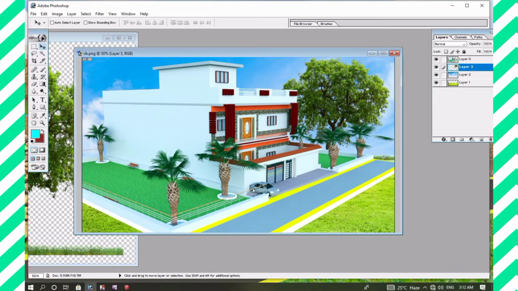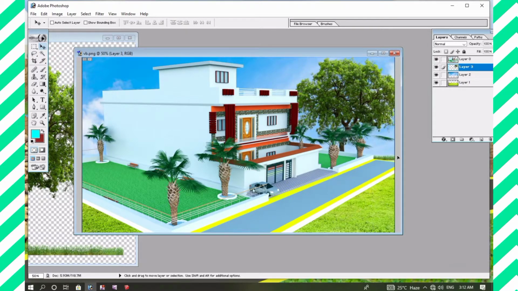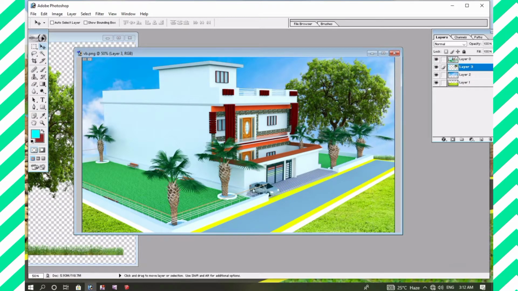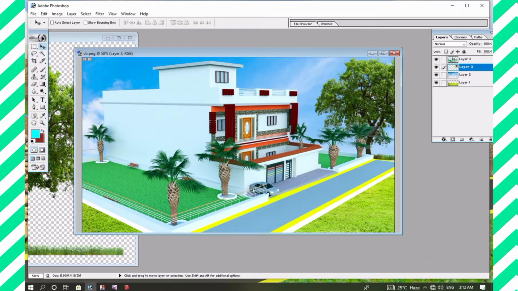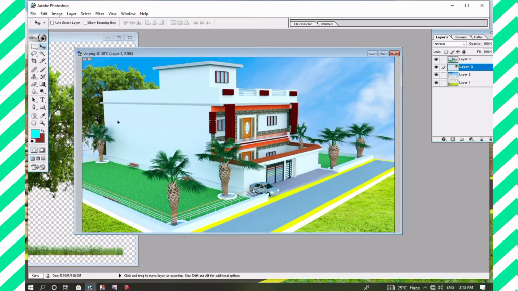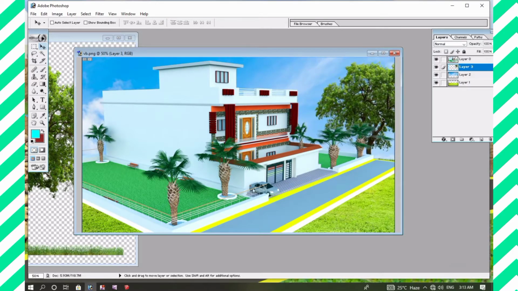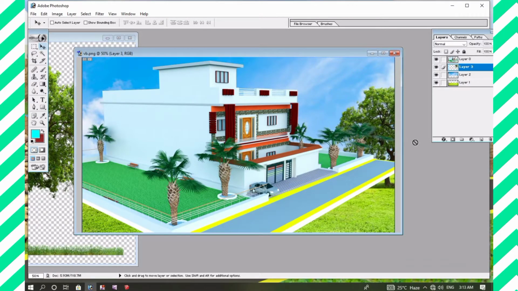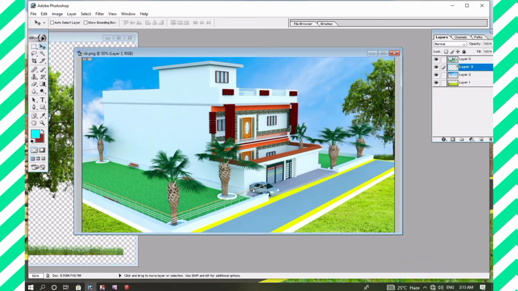I will adjust this one, and after proper adjusting, if my image is okay, fine; if not, I will try to make it the best way. After selecting this place, it will be okay.